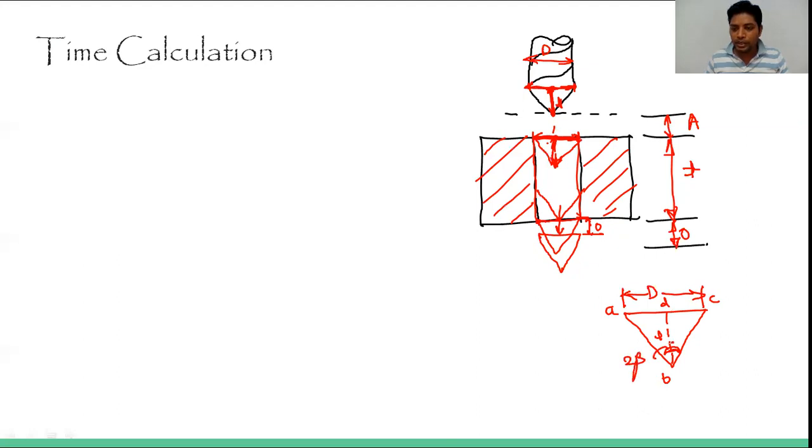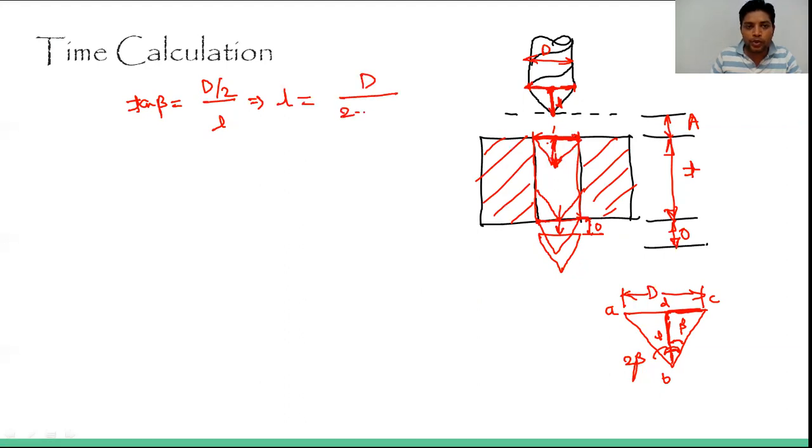Okay, so we are assuming that this is the half portion, and obviously this is symmetric, so this will be beta. Now this length we have to find out, and this diameter will be given to us. This diameter is capital D, so this is D by 2. This will be the perpendicular, and this is the base, so tan beta will be equal to the perpendicular, that is D by 2, by L. We have to find the value of L, so L will be equal to D by 2 upon tan beta. Okay, you will get this.